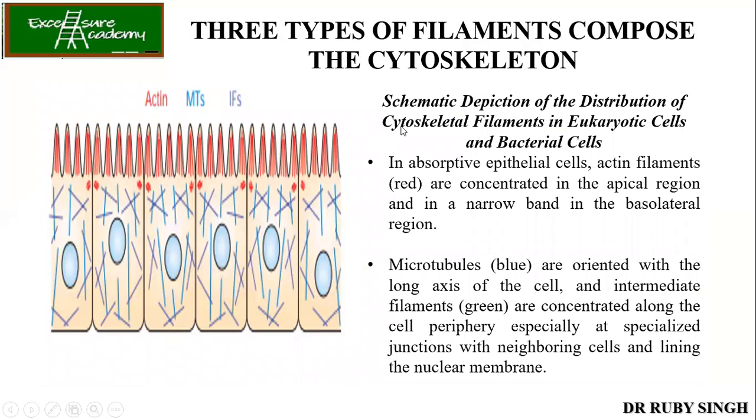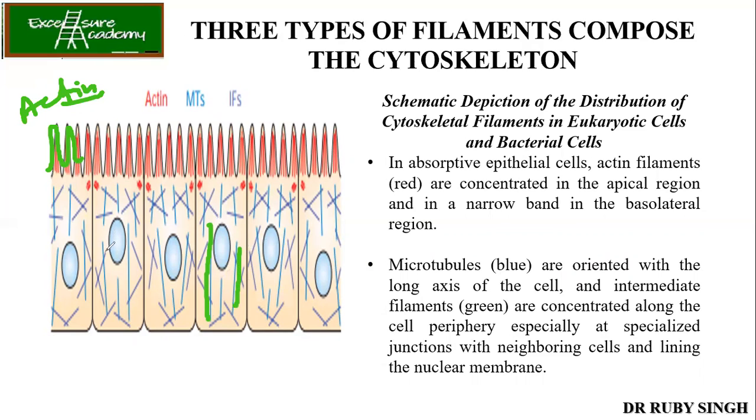Now, this figure will show you the localization of the proteins, where all these cytoskeleton proteins are present. Again, they have taken the example of intestinal absorptive epithelial cells. As already mentioned, in the microvilli you have the maximum of your actin filaments. Now, look over here. Microtubules are like your highways, like national highways connecting all the cities and states of the country. You can see that long microtubules are present, reaching from one end of the cell to the other end.